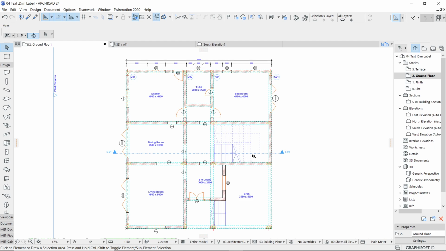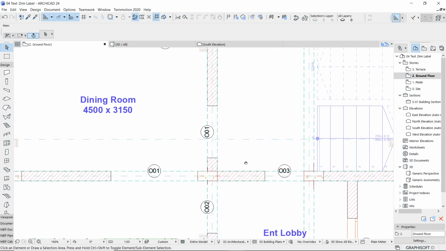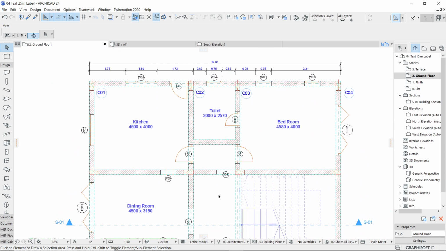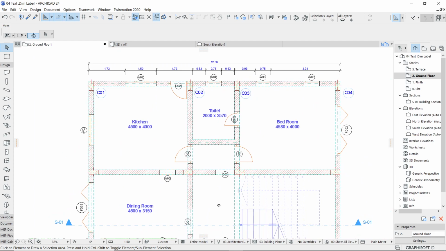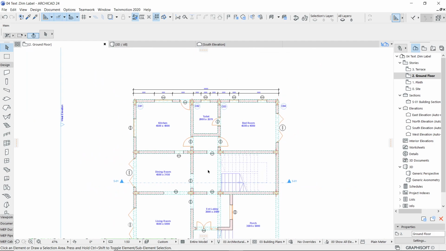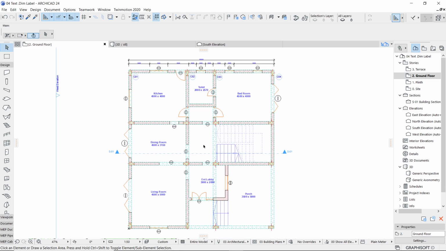So after completing all the needful, say, text, dimension or labeling for the door window, the next step which I want to add now is actually implementing the benefit of BIM in our documentation, and which is going to be supportive for your construction management also later.